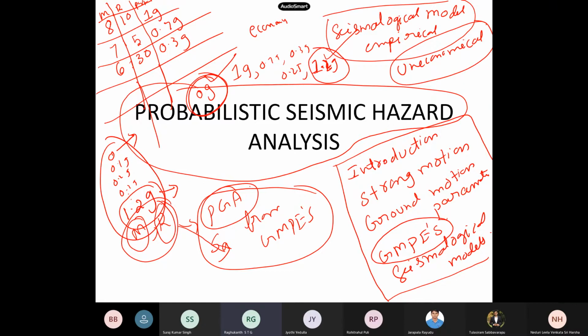Now, how do we take a decision? How to take a decision? Which one will you take now? Mean value. No, that is one thing. 80% of the highest value. 80%? 80% of the highest value.